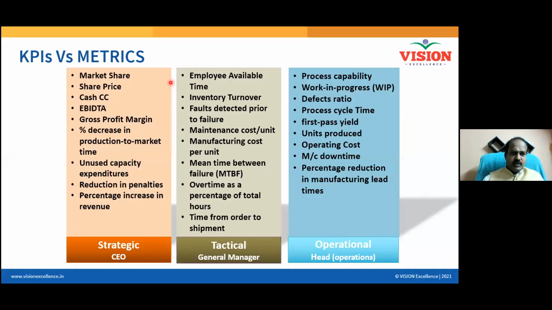We are talking about several metrics. Six Sigma is all about identifying the right metric which can reflect our problem, whether a failure or a success, right? And accordingly, you can consider improving it or decreasing it. If it is a success metric, then try to improve it. If it is a failure metric, try to bring it down, right?